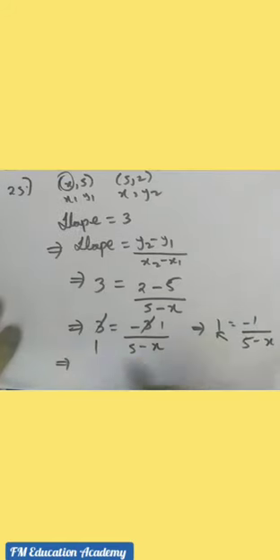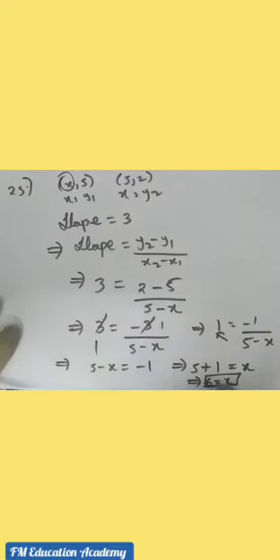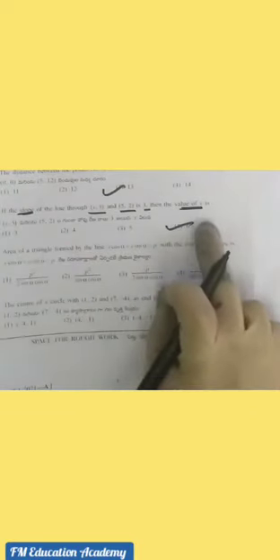So it becomes 5 minus x into 1, 5 minus x is equal to minus 1. Minus x will take that side and minus 1 will take that side. So 5 as it is, plus 1, minus 1 if it goes that side becomes plus 1, is equal to minus x. If it comes this side, it becomes plus x. So we have x is equal to 6. So what is the value of x we have here? The value of x is 6, which is option 4. So the answer of 25th question is option 4, that is 6.